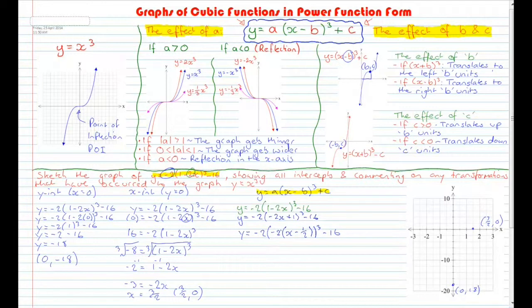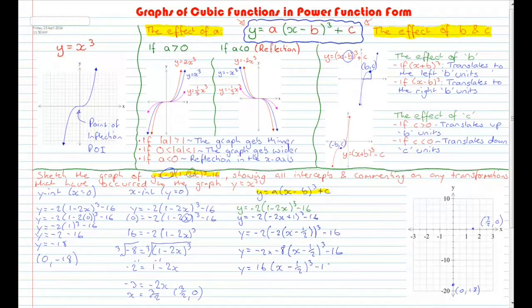Now what I need to do is expand this by cubing the negative 2. So I'm going to get y is equal to negative 2 times negative 2 cubed, which is negative 8, bracket x minus 1/2 cubed minus 16. That therefore is going to get me y is equal to negative 2 times negative 8, which is 16, bracket x minus 1/2